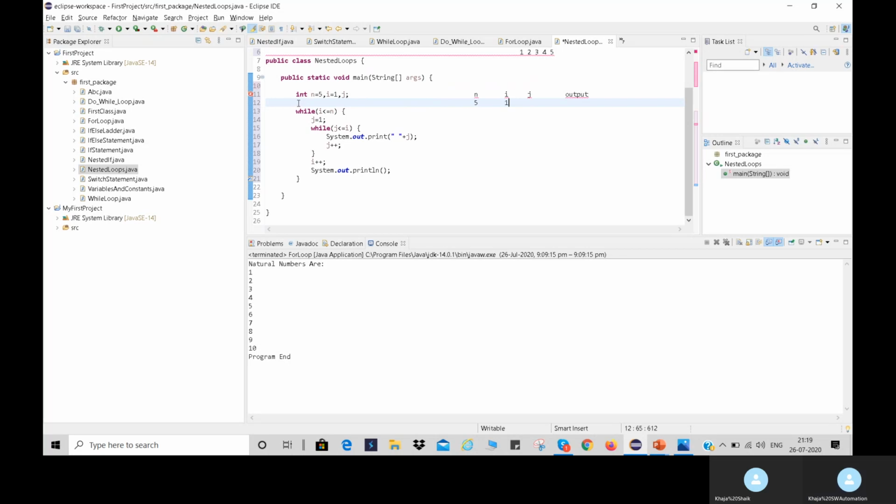After that, I'm giving some output. The required output will be displayed here.